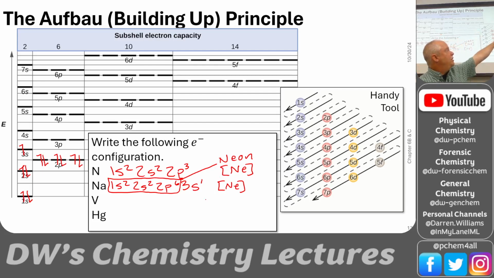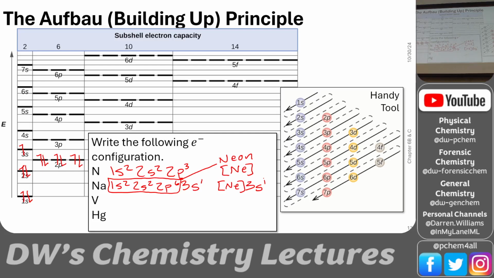And then we go to the next row, and you see that 3? That tells us what s orbital is next. So we see neon, and then we jump in at the 3s1. So if I have the periodic table, I can quickly write my electron configurations. All I got to do is find sodium. Here's sodium. It's element number 11. So I go over here to the noble gases, and I find the noble gas that's just prior to that. Neon is 10. So I can put the neon core in square brackets and then start here with sodium, and I'm on the 3rd row, so it's a